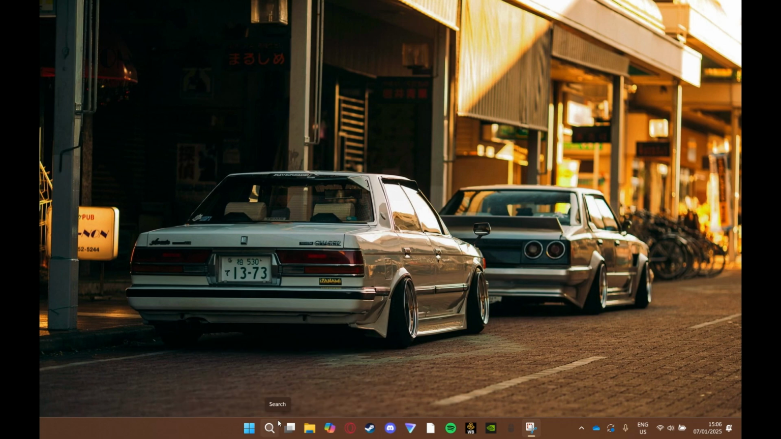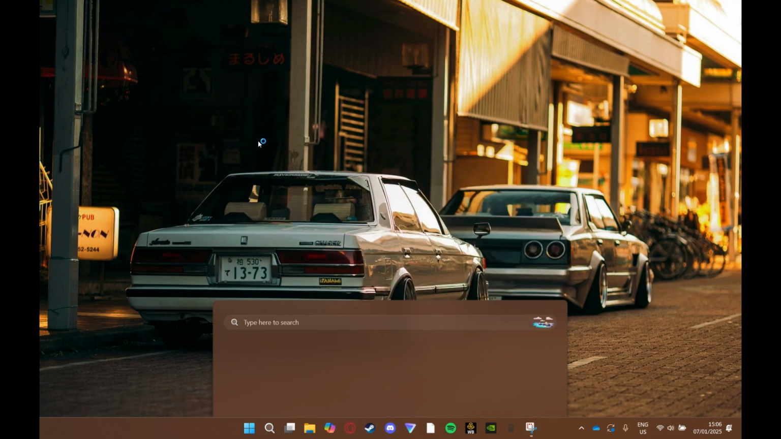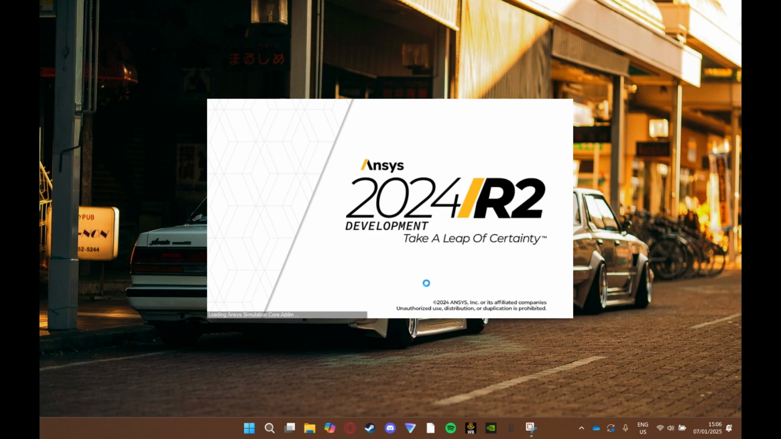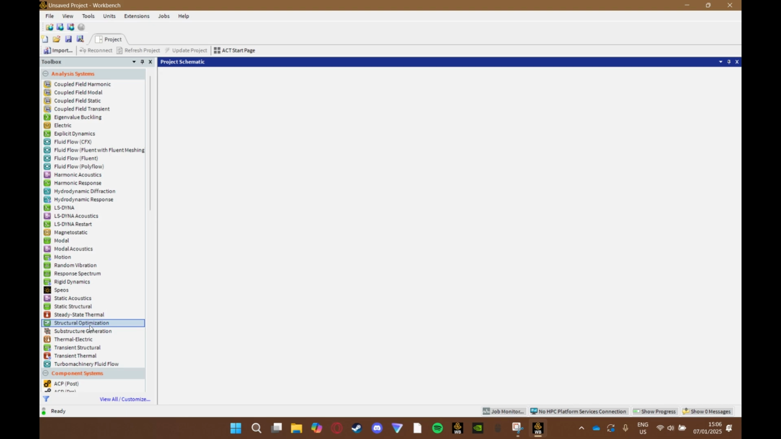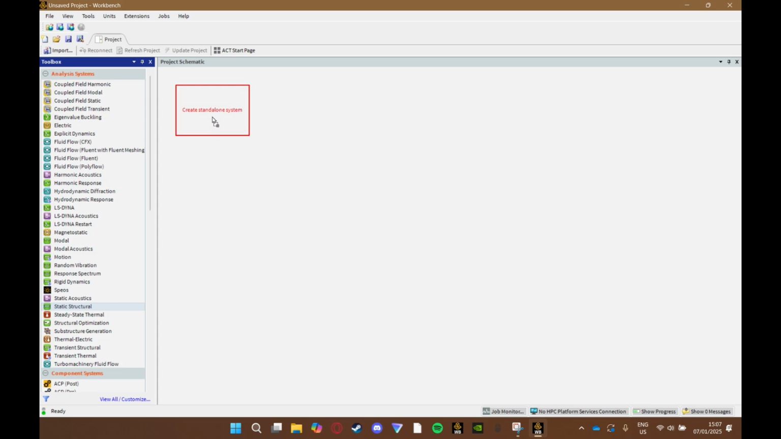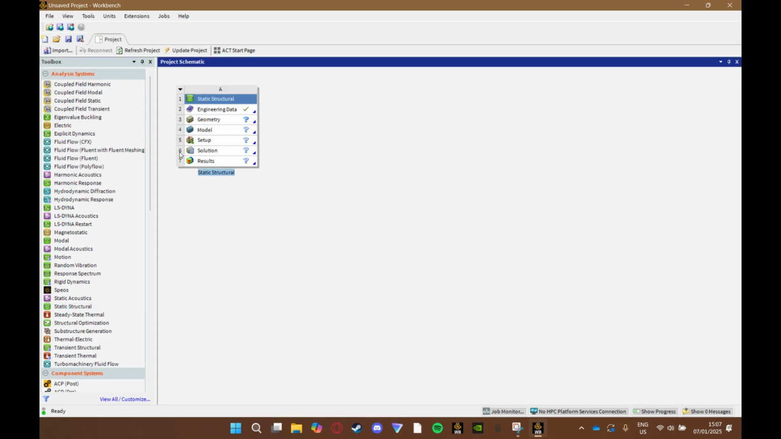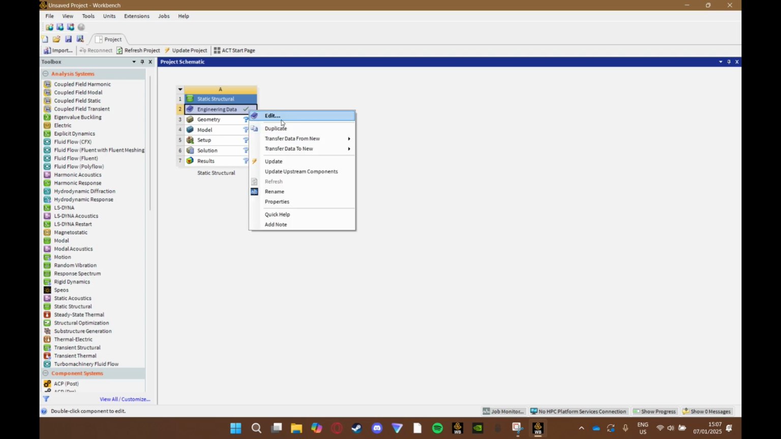Today we'll be going through how to use Ansys Workbench. For the start, we have to open Workbench. So to start, we'll be focusing on static structural. Static structural is basically FEA, which is finite element analysis, used to simulate